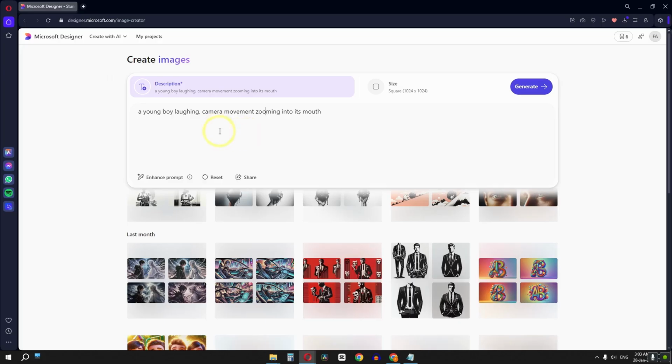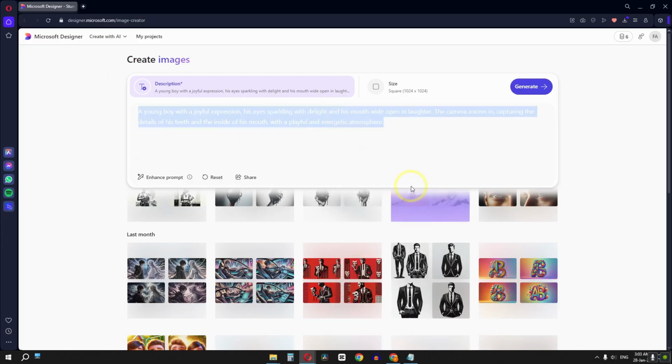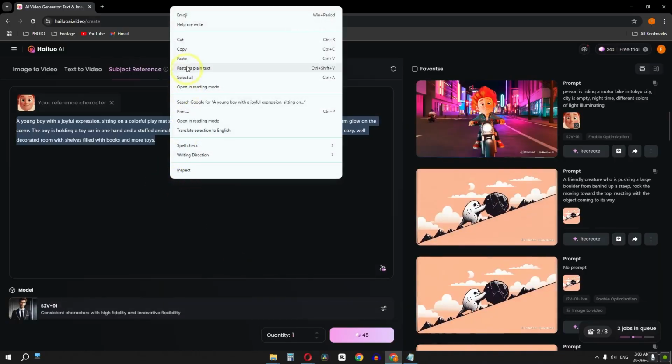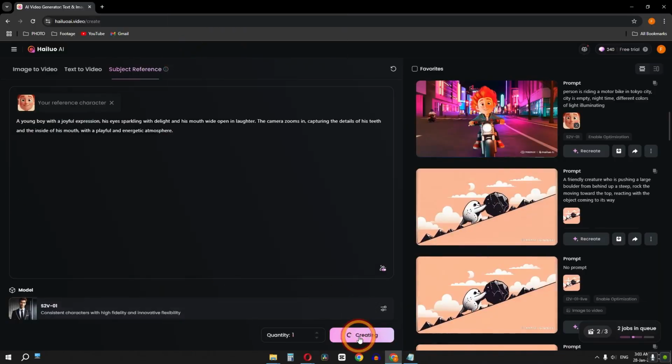Now I have another idea in my mind. A young boy laughing and the camera will zoom in and enter into its mouth. Let's enhance this prompt and hopefully we will get a better prompt. A young boy with joyful expression, his eyes sparkling delight with his mouth wide open, camera moving, capturing the detail of his teeth and the inside of the mouth. Yes, this is good. We can copy this prompt, we can paste this prompt, and now let's generate this video